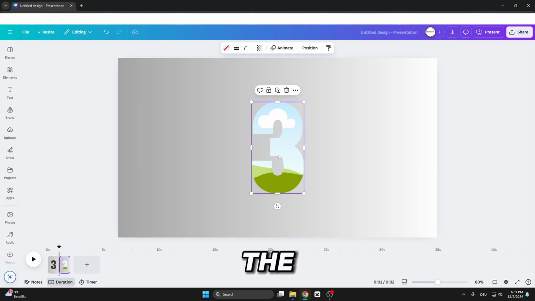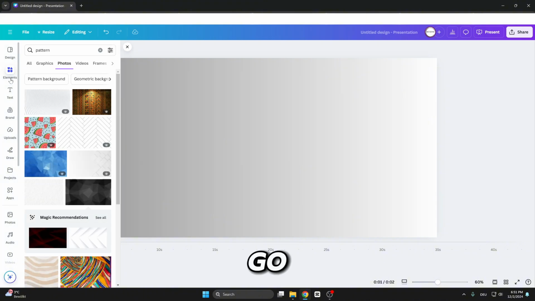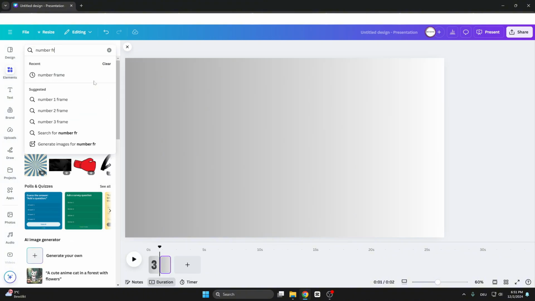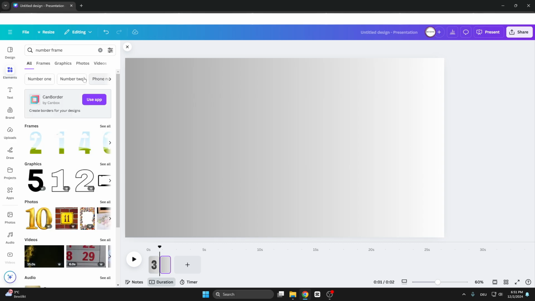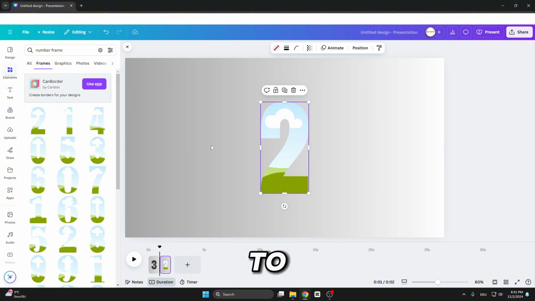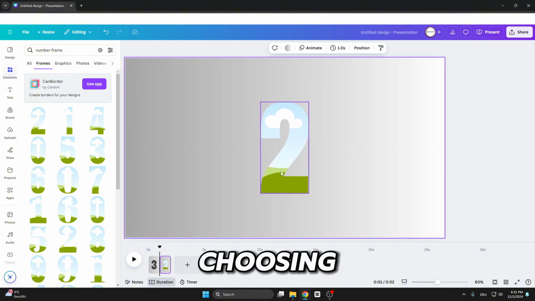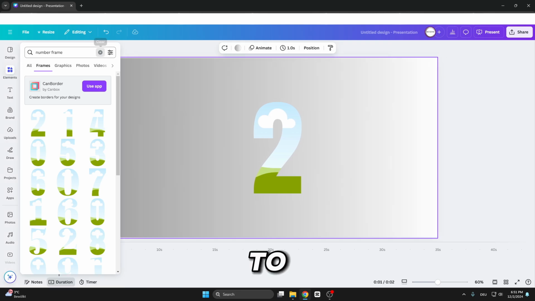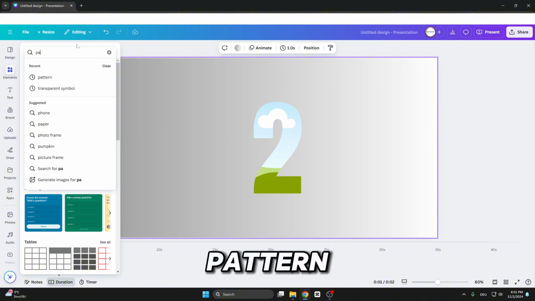just delete the 3. Go to Elements and type in again number frame. Frames, see all, and now we choose 2. Also drag and drop into the center. Instead of choosing a picture, we are going to change it to a video. Let's go to Elements, Pattern,